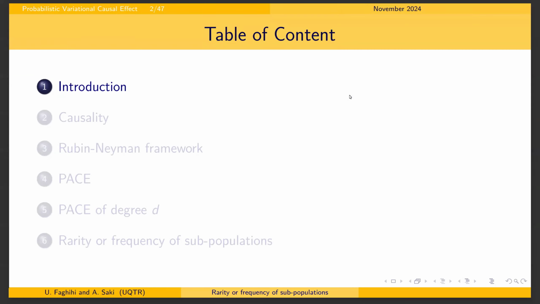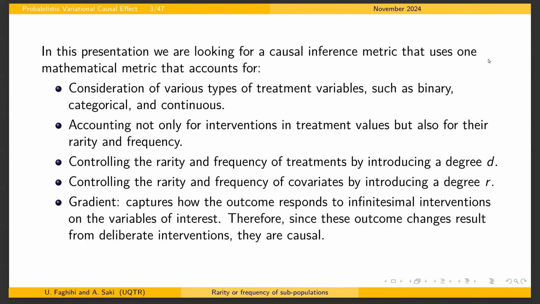Okay. For this presentation, I try to be as brief as I can. So it's going to be two parts. The first part is the theoretical part of our causal model. And then the second part is a code that I'm going to go through, and I'm going to explain to you the results. So in this presentation, I'm going to discuss our causal inference metrics that we